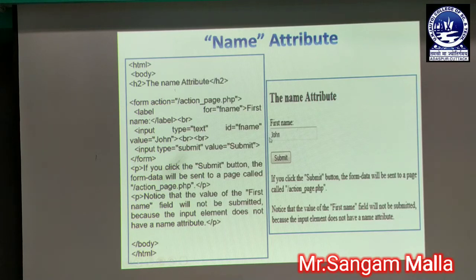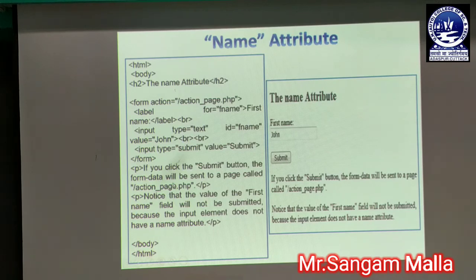So you can see that a text box has been inserted in the web page with the help of the type attribute of input. By default the text field will be of 20 characters in a single line. Again we have a br tag encountered over here. Then we have given a submit button where we have given value equal to submit. So you can see that the submit button has been inserted over here.